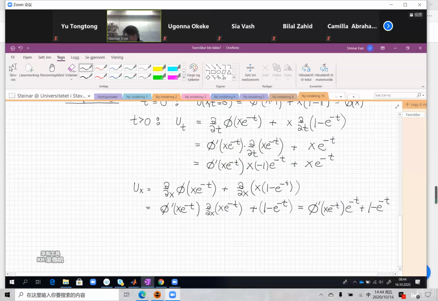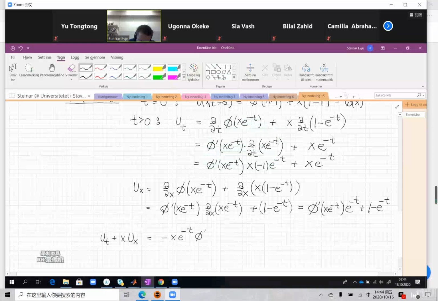Somewhat complicated expression here, but let's see what happens when we try to check or formulate the left-hand side of the equation, ut plus x ux. That is the left-hand side of the equation, and this is minus x e to the minus t phi prime plus x e to the minus t,